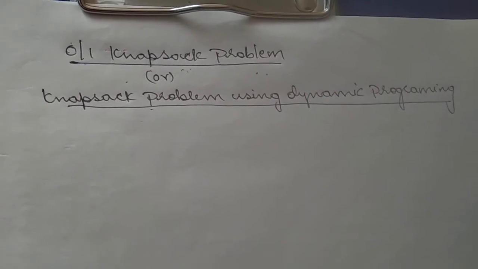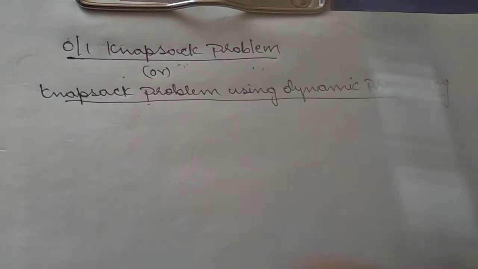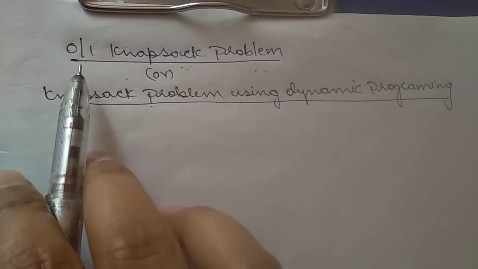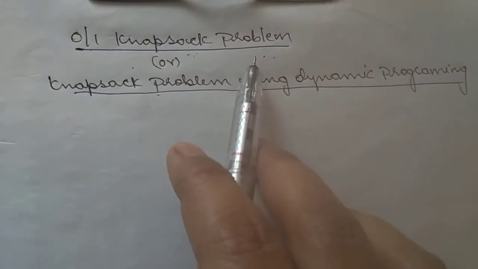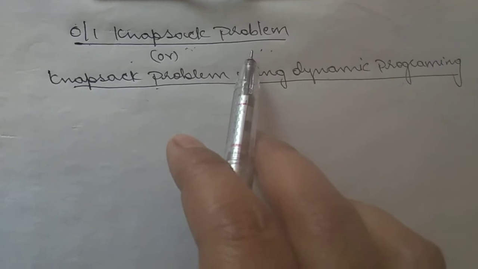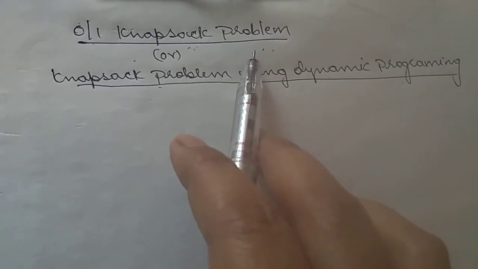The knapsack problem we have solved previously uses the greedy technique. Greedy technique will be given as greedy technique itself. Then for dynamic programming they will give it as the 0/1 knapsack problem. Already you know what this knapsack problem is, why we use it, all those things. Okay, directly I'll just go with the dynamic programming algorithm here.